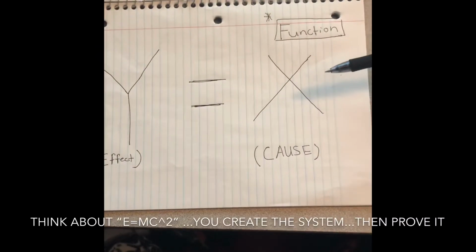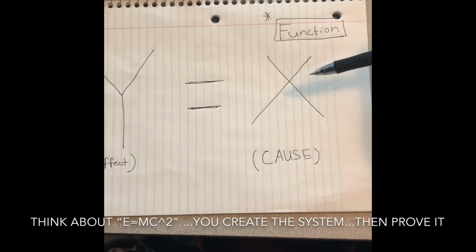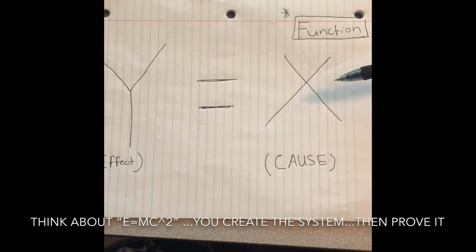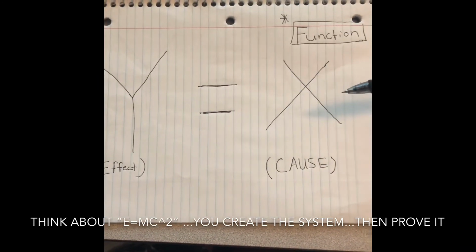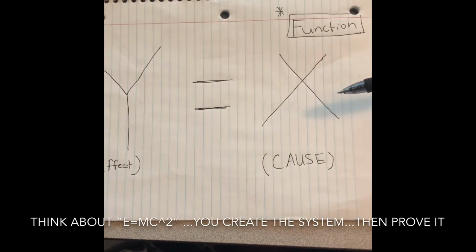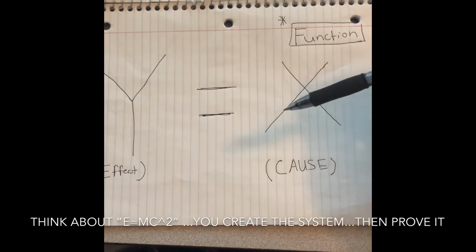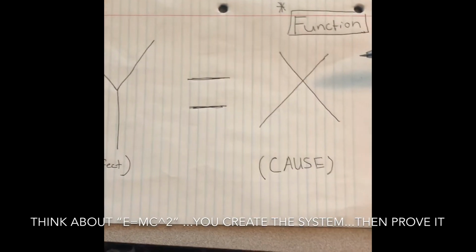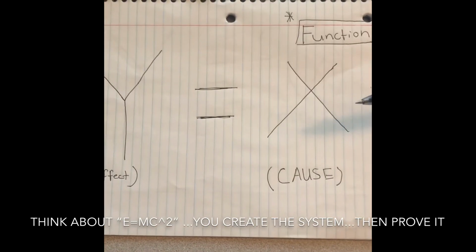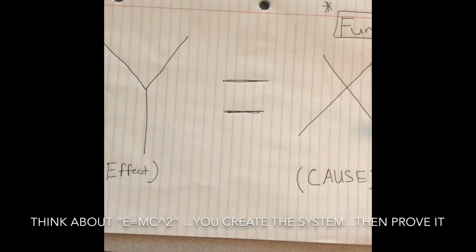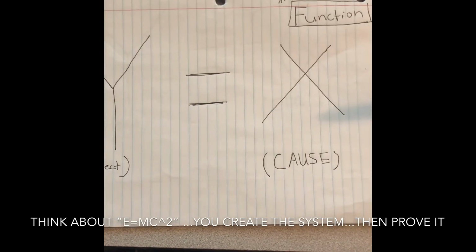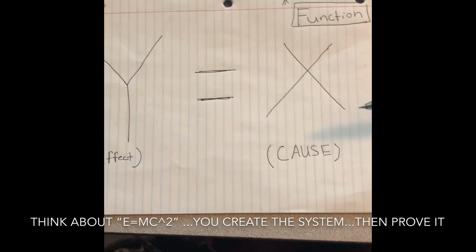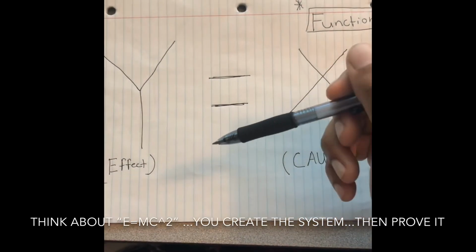So when you think about Newton's laws or Einstein's equation E equals mc squared, they all started off as just a function and a cause and effect relationship. So I guess the difference between an equation and a function is an equation is more scientifically tested and proven. But make no mistake, when they first drew it up, it was some cause followed by some effect.